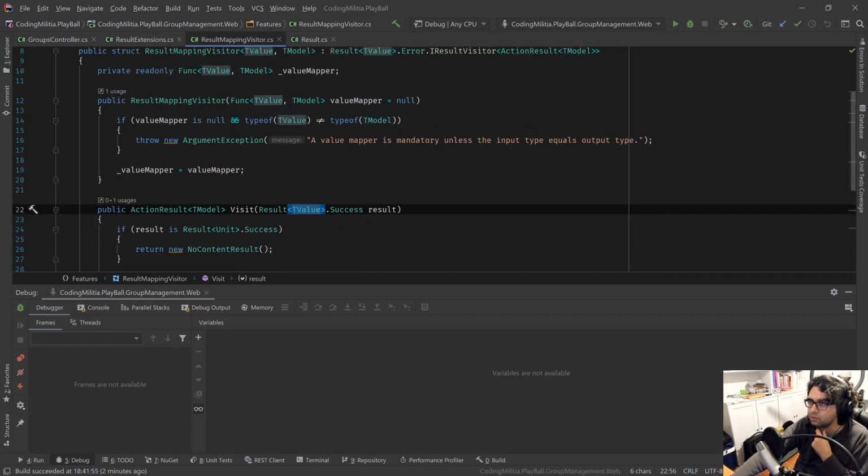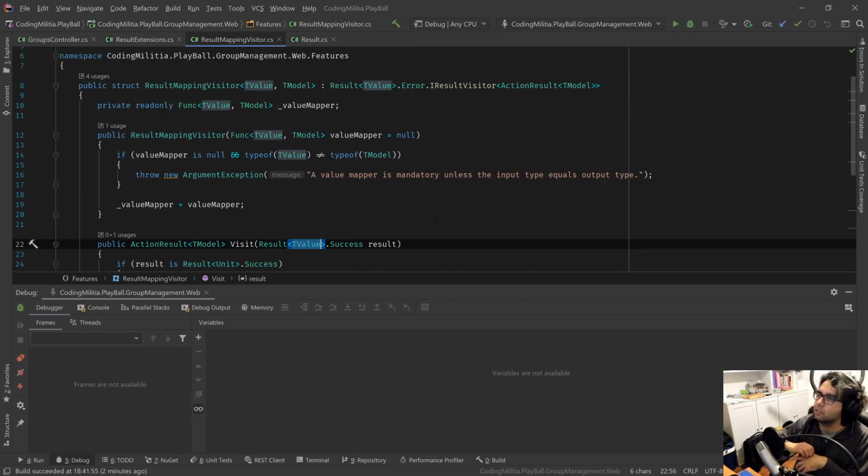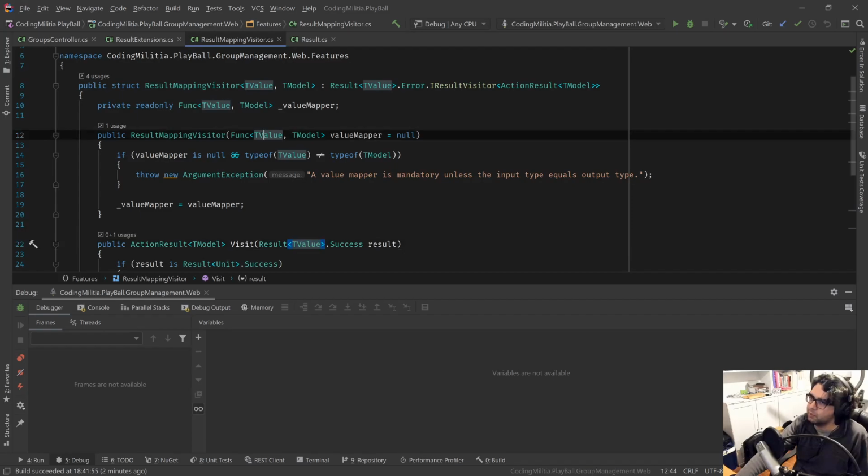So I need to map it to itself, but because the types are different or might be different, I can't just do it that way. So maybe instead of having the mapper like this,